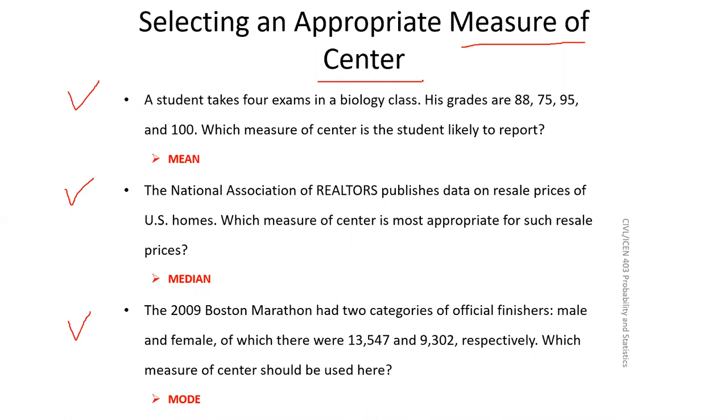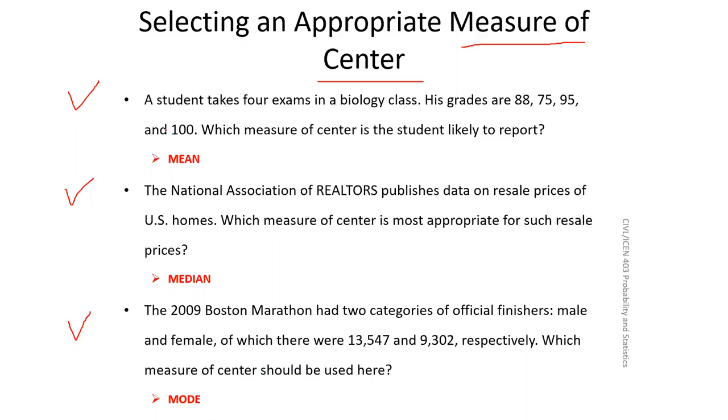Now you have to ask yourself a question. We studied three types of averages: mean, median, and mode. What is the most appropriate? Most of the time, mean gives you the answer. Mean is the most commonly used measure. But sometimes, if you want to get more information, you can calculate all three. No one is stopping you there. But these are three situations which will give you some idea when mean is more appropriate, when median is more appropriate, and when mode is more appropriate.